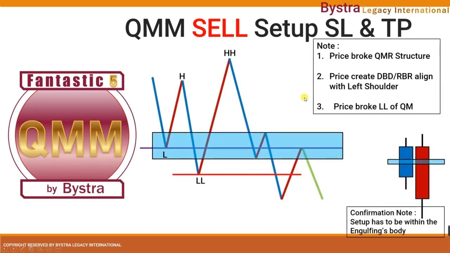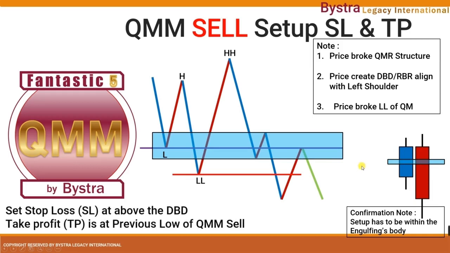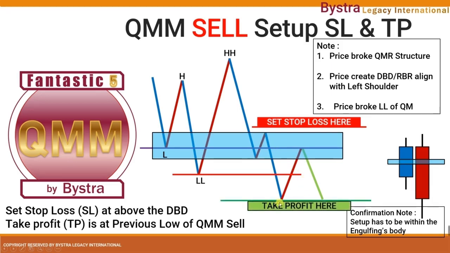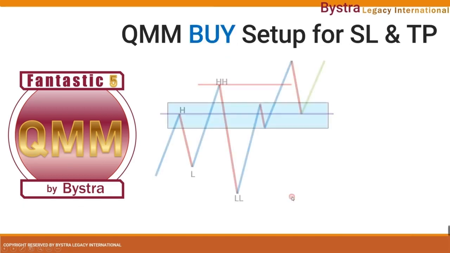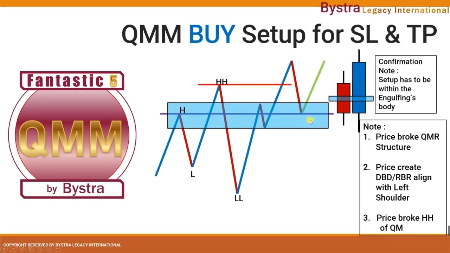For the QM manipulation case, this is a little bit different. Remember guys, the QM manipulation entry must always come with a confirmation. Anything that doesn't have a confirmation makes your QM manipulation super high risk. In this case, we have a confirmation with the engulfing candle, and the setup is in the engulfing candle. So where is your stop loss? The stop loss will be set above here, our entry point, which is the drop base drop in this case, and our take profit would be the previous low of the QMM sell. Same goes with the QMM buy. You must have a confirmation for